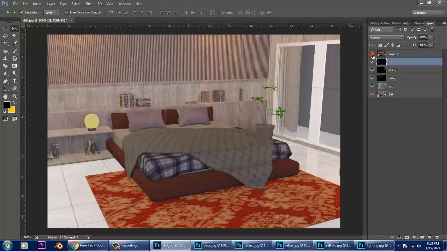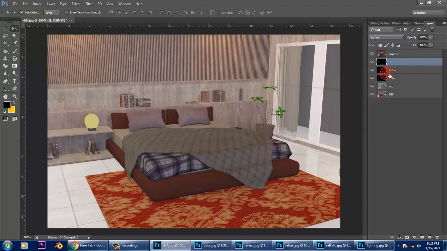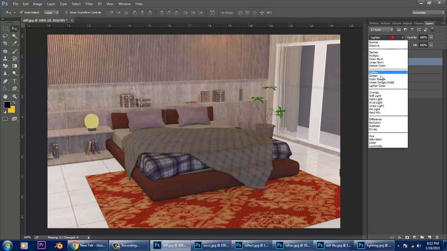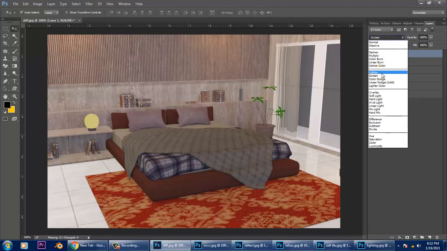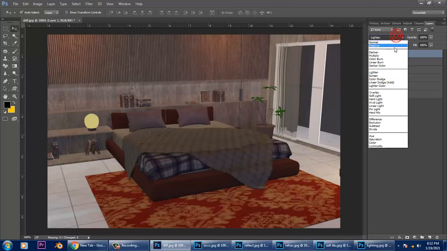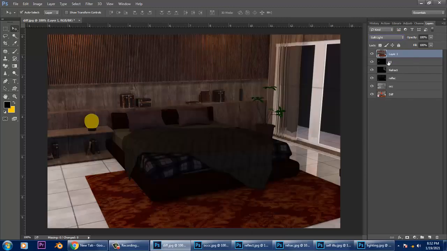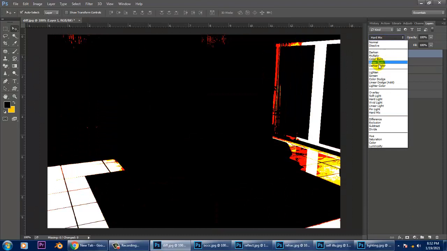Okay, this will be a screen and the top we will keep as lighten. That's your blending mode. You need to check the blending modes. I'll keep it as lighten here.